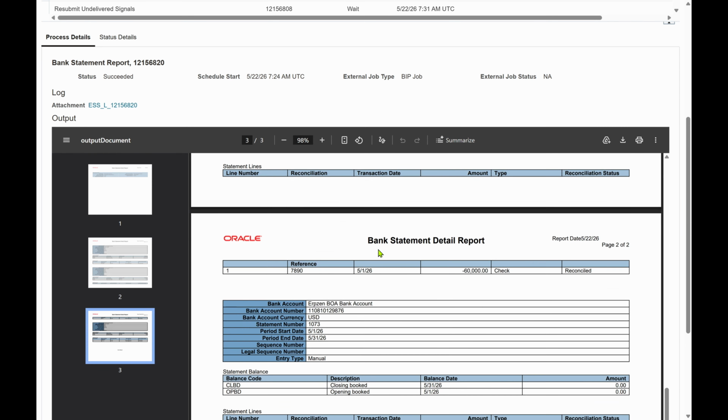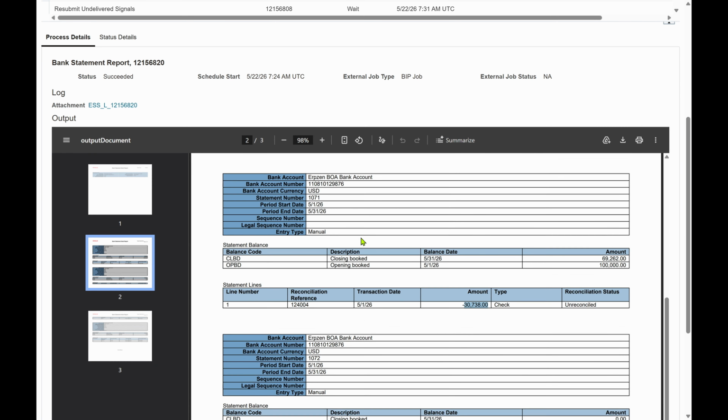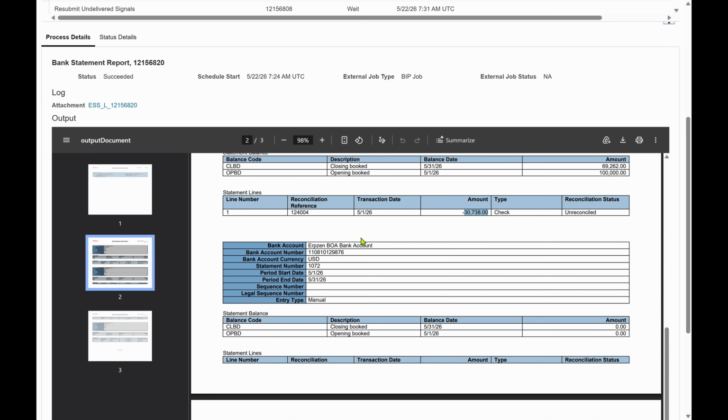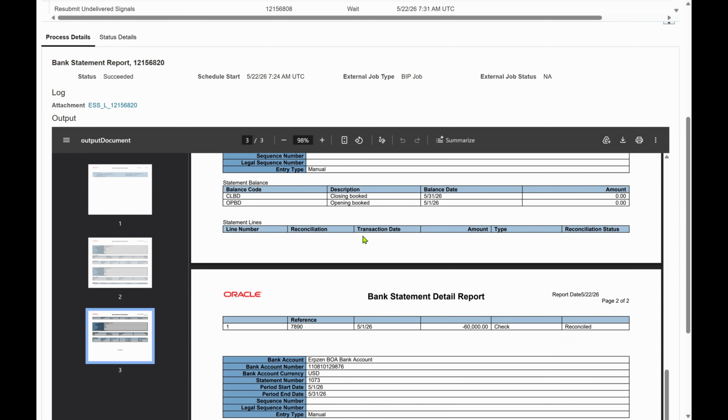And this is the statement number 2, and under this we are having one transaction which is reconciled